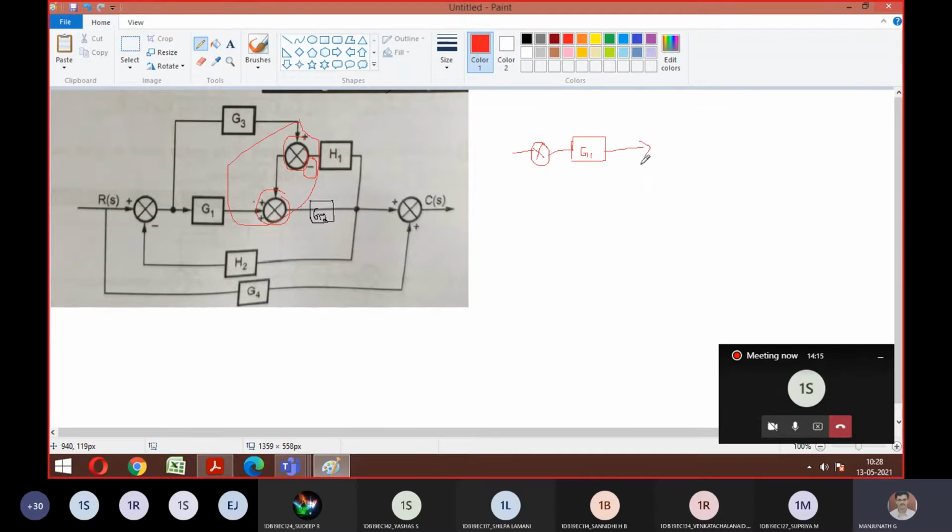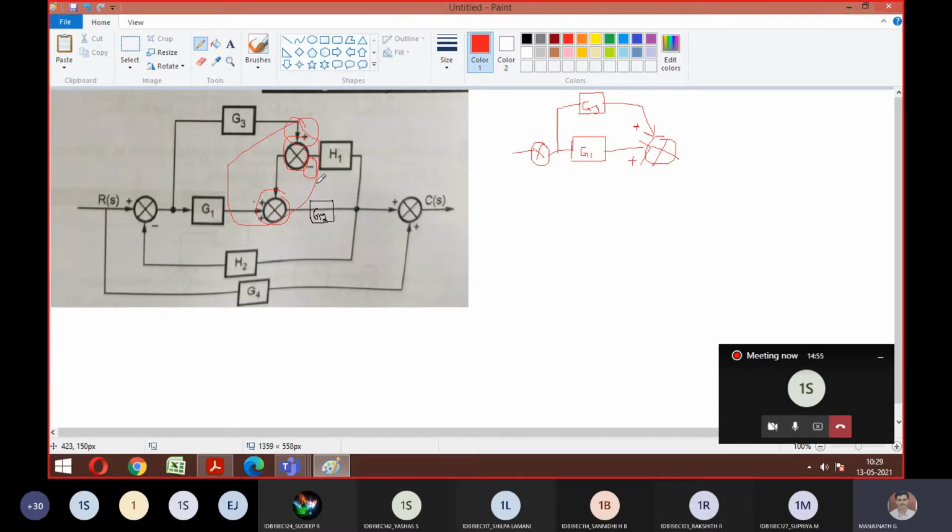Now I am adding this summing point here. The only extra thing is I need to take this summing point to be connected here. Before that, make sure G3, G1 has one connection. While writing, you should be very careful. If you make a slight mistake, it is going to lead to a problem. Okay, so this is having plus. According to this logic, see here, this is plus, right? So that plus I'm keeping here. Similarly, you have plus from this side. This plus is for this G1.